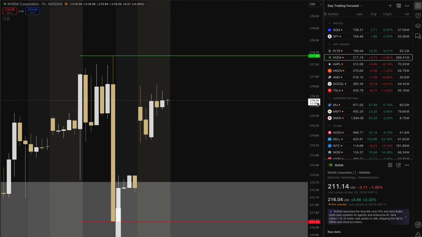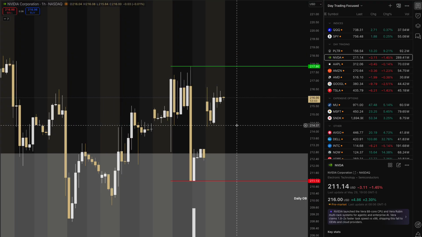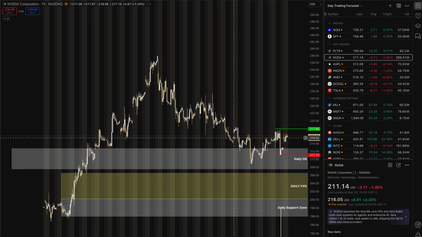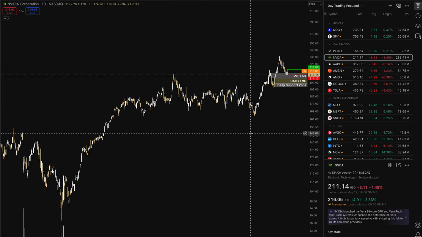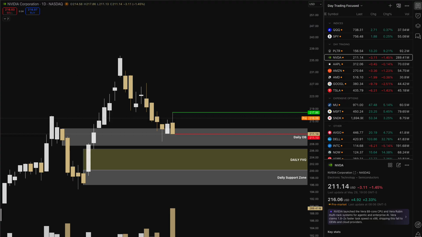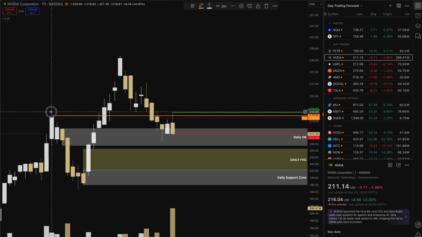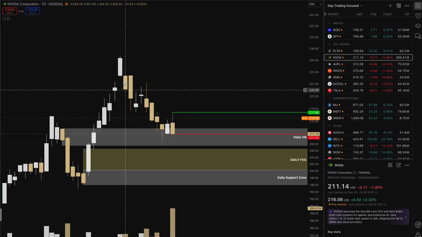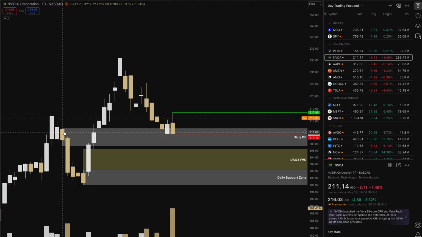Let's see Nvidia. Nvidia is still in the range. So if you go on the daily chart, this is what I have. This was the swing high, here, it broke. Now when it's coming back, I also have this one candle rule, because after this red candle we see a selling,